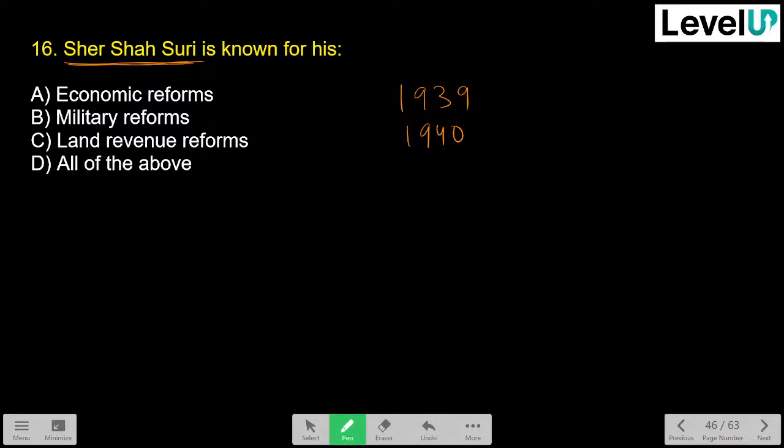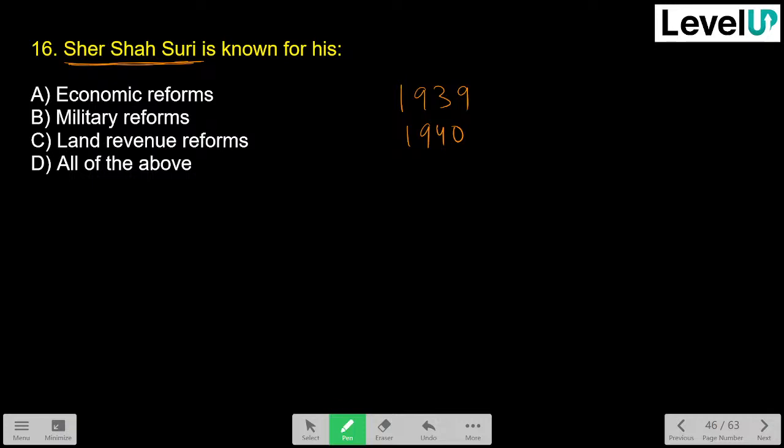So what are these two battles? Does anyone know what these two battles are? If anyone knows, please comment. Very important part. Does anyone know? I'm just waiting for the answer. If anyone knows, please answer this question.